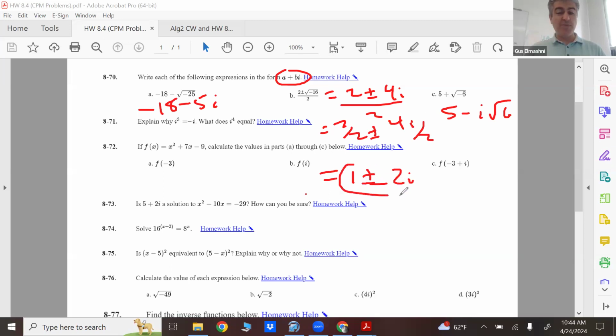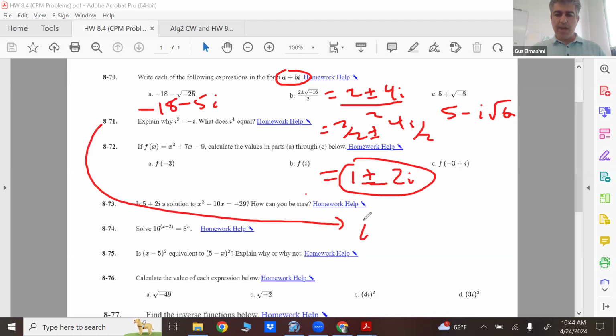That's what I would suggest you guys do when you write in standard form for a complex number. So a plus bi is the standard form for a complex number. Just make sure the a and b are easily identifiable. So that's number 70. For 71,